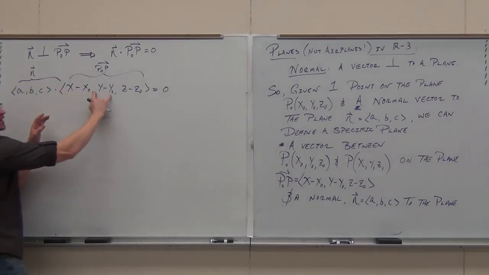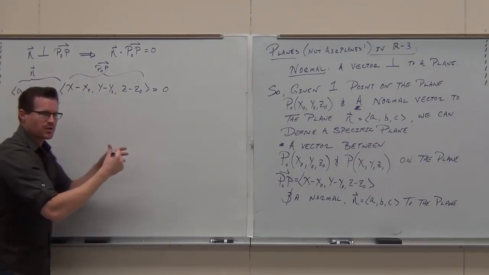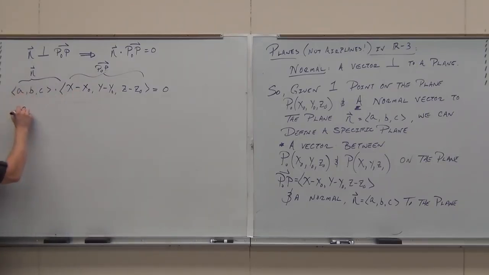X component, Y component, Z component. X component, Y component, Z component. They're just vectors. I can dot product them. So if I do,